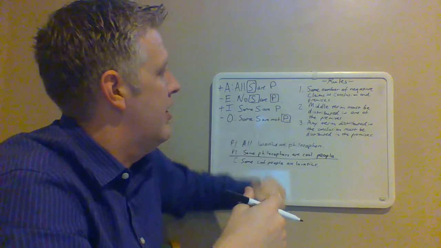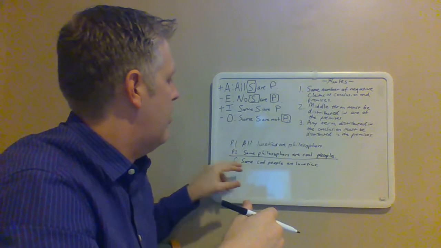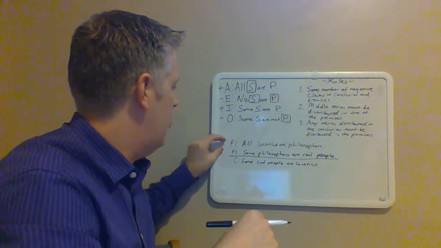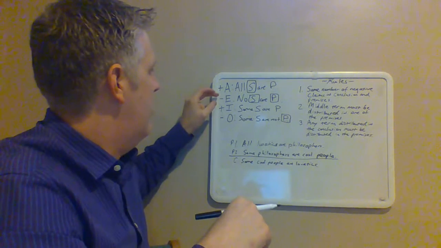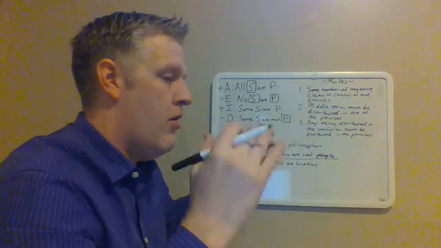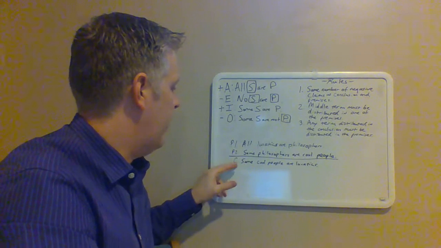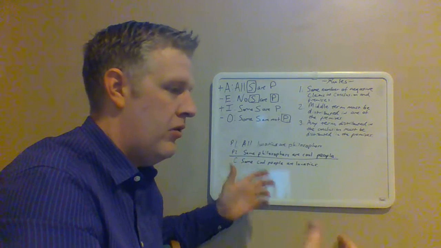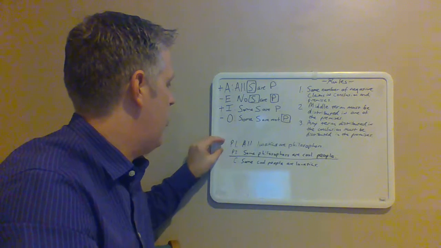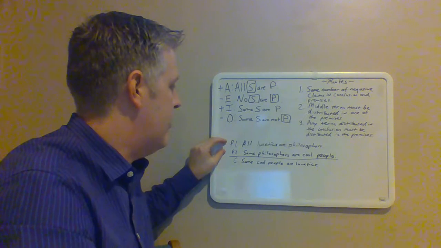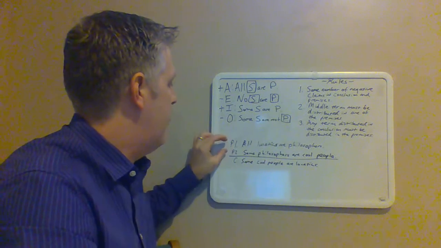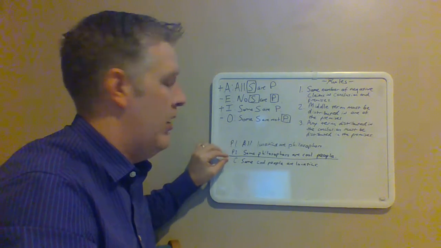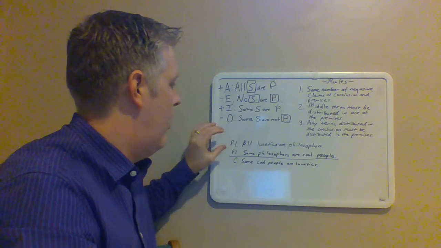with Rule 3. So Rule 1 is there must be the same number of negative claims in the conclusion as there are in the premises. So one cool thing about this is you know right off the bat that if you have two negative premises, right, so an E and an O claim, let's say, it's already invalid. You know that it's invalid. Why? Because you can only have one negative claim in the conclusion, right? So the most negative claims you have in the conclusion ever is 1, right? So as soon as you have 2 negative premises, it's going to automatically be invalid. The most premises that can be negative is 1, okay? So look, it has to be the same number of negative claims in the conclusion as are in the premises,